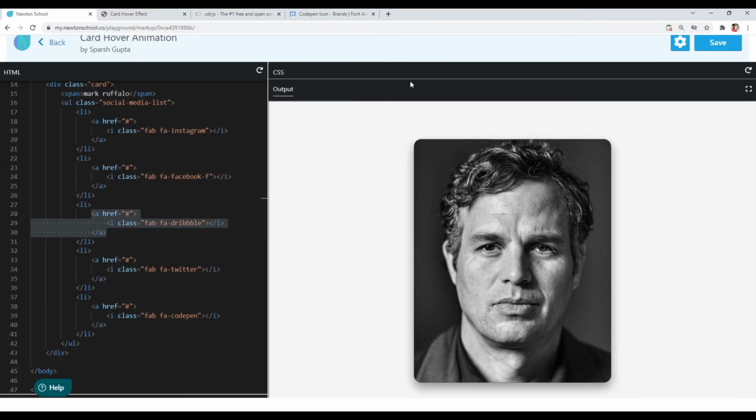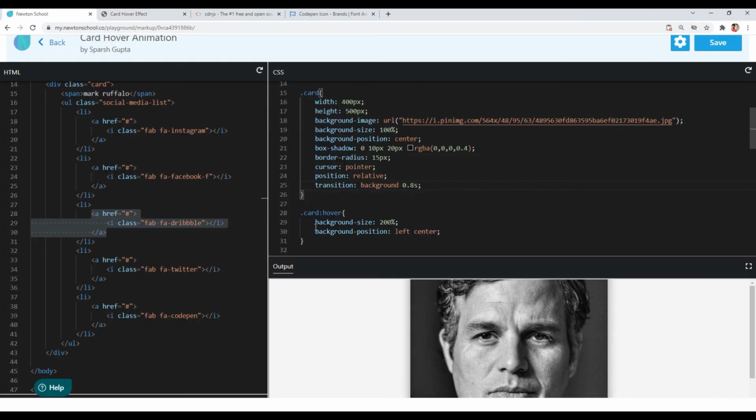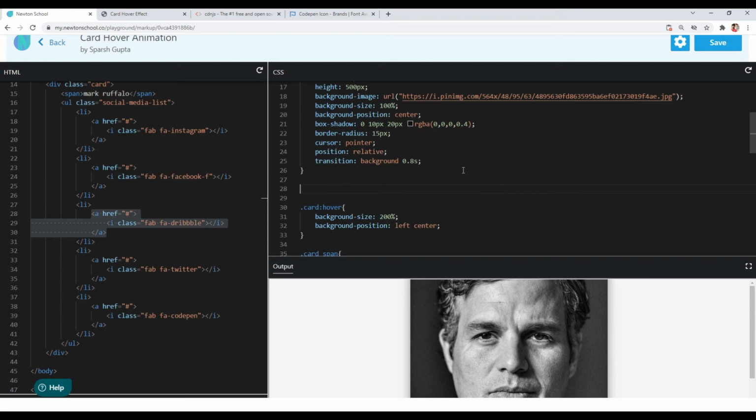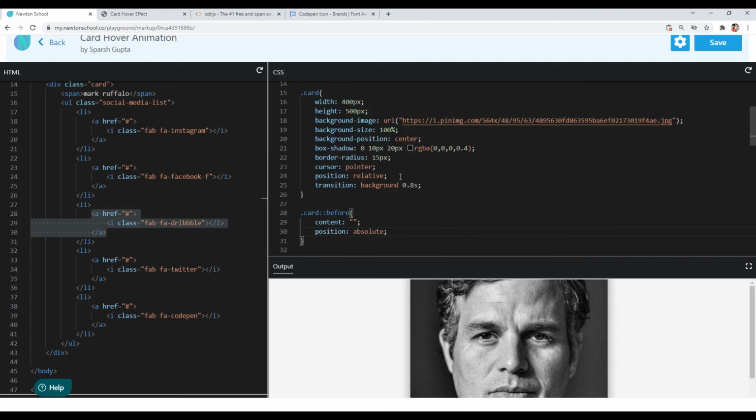So I created that border by using the before pseudo element on our card element. Okay, so I will use the before pseudo element and let's create that border kind of thing. I want to position it relative to our card element, so I will give it position absolute, and we already have position relative on our card element.